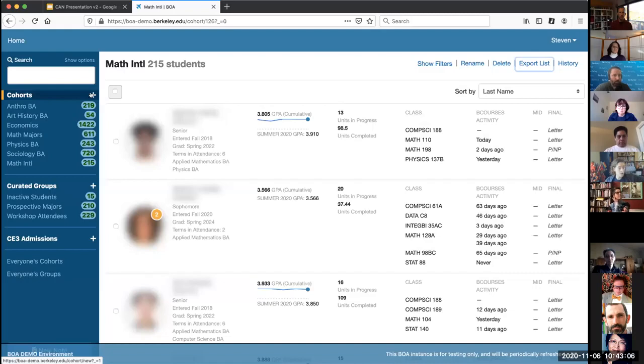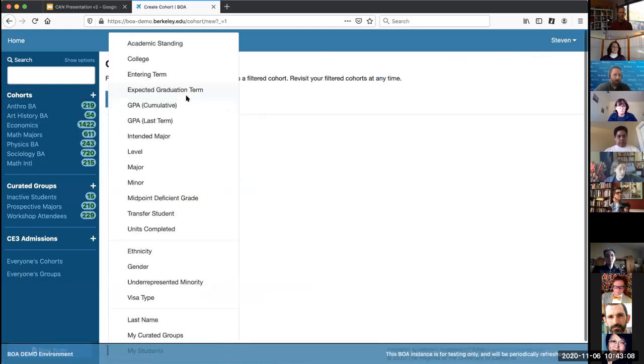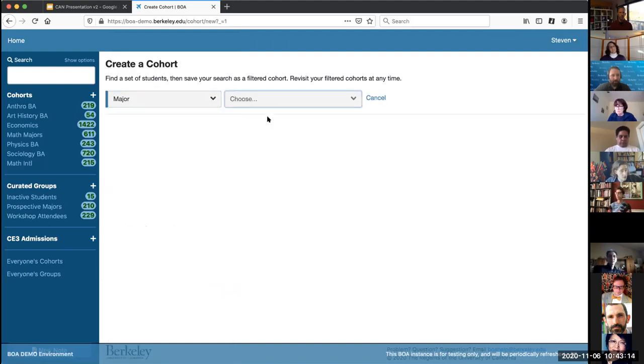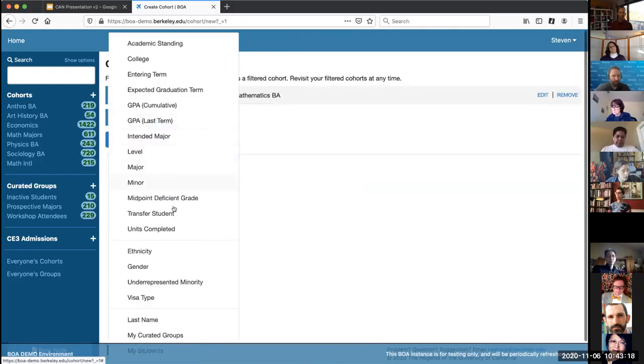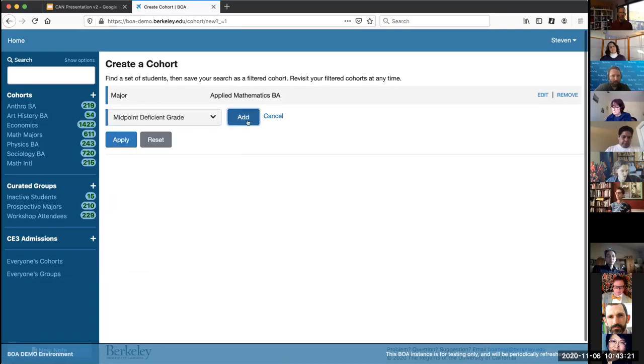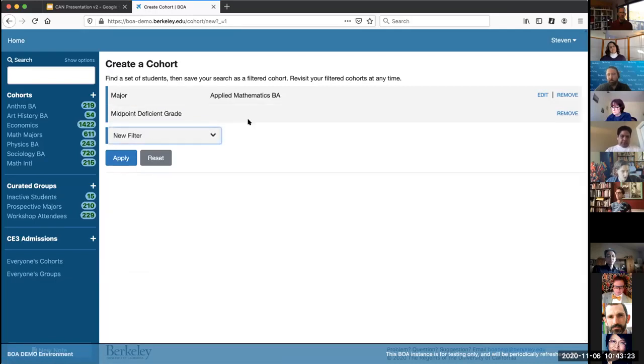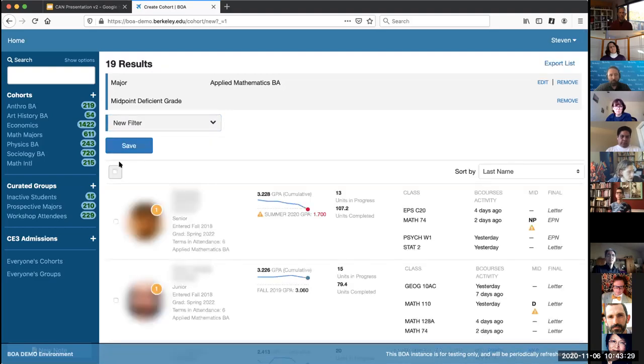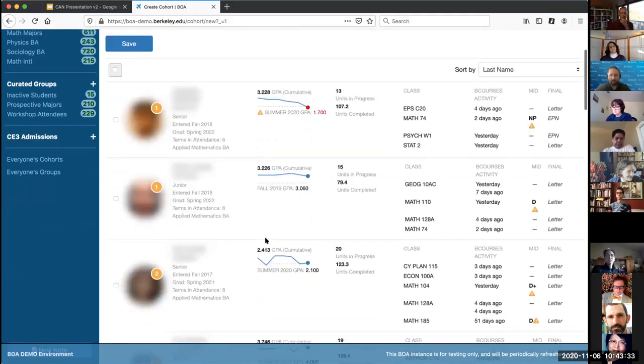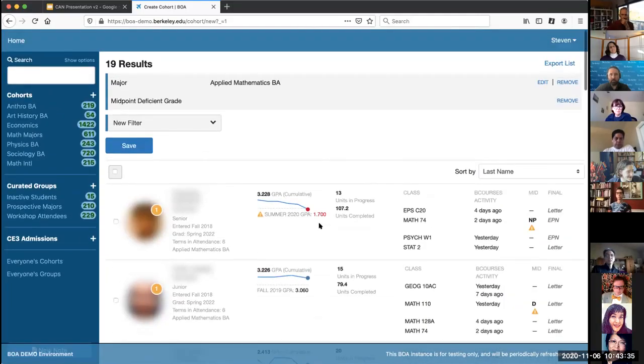You can also use these cohorts for monitoring real-time things that you might not necessarily know about on your own. So one thing I suggest to major advisors is that they can just keep a standing cohort. Again, I'll use math, which is a pretty good size. Math majors with a midpoint deficient grade, and this is just in the current term. So, of course, if I had created this cohort a few weeks ago, it would have had 0 students. But as the midpoint deficient grades have posted, now there's 19 students who, as an advisor, I may want to